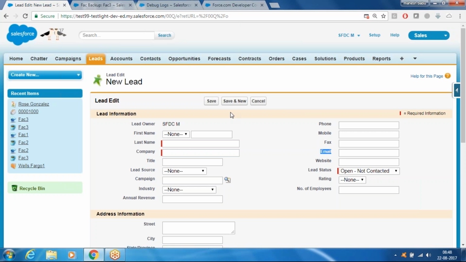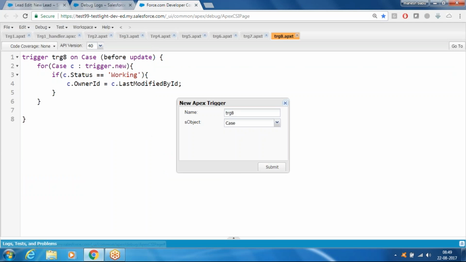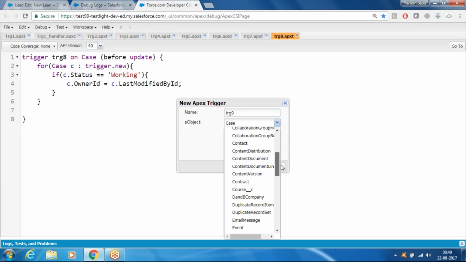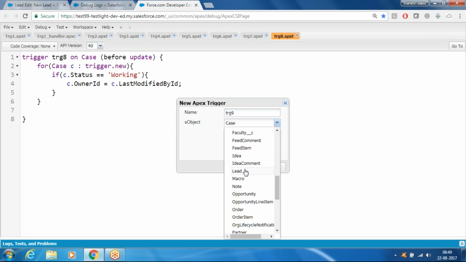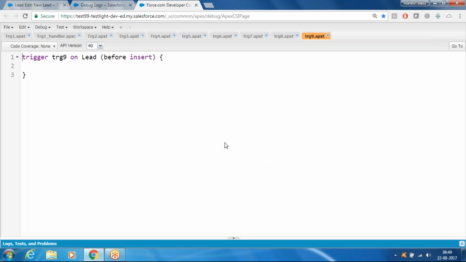So we have to write a trigger on lead. Go to file, new, Apex trigger, trigger number 9 on the lead object. So before insert, comma, before update. So you can prevent creating a record, before insert or before update only, right? Now for each lead in trigger.new,